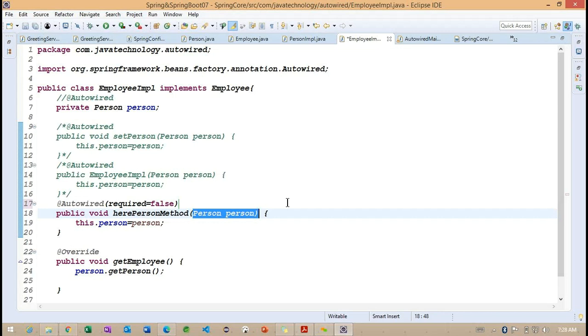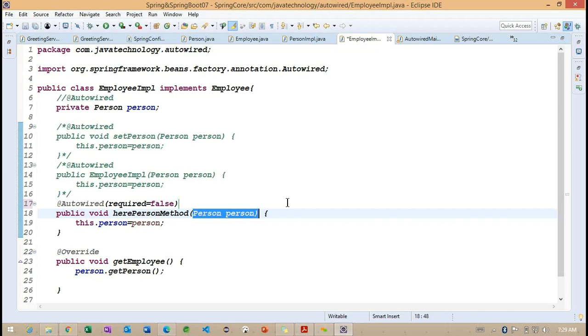Basically, the Autowired annotation provides the contact between the dependent object and the dependency object, a very strong relation between them. If we don't want this strong relation, we can make Autowired required false.